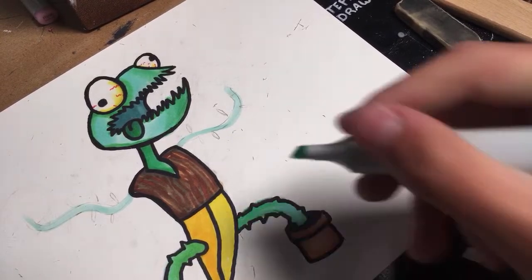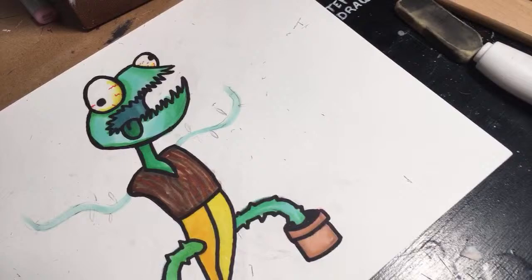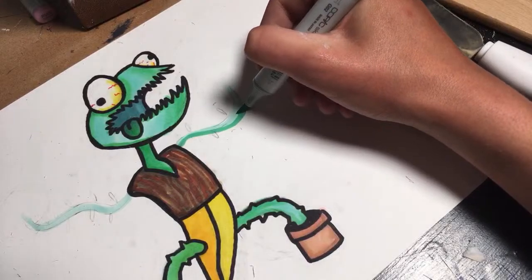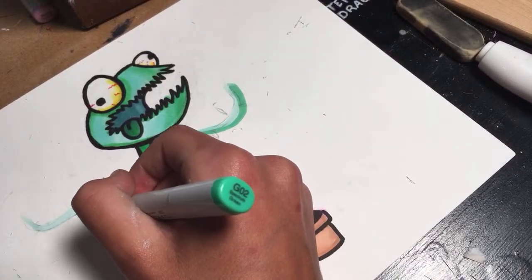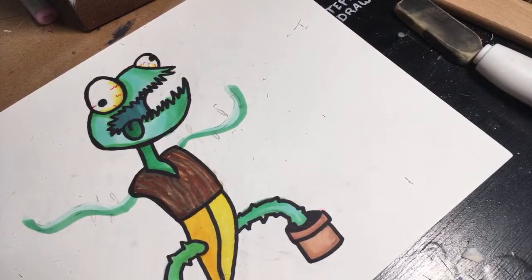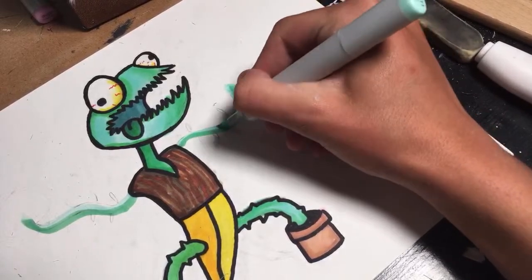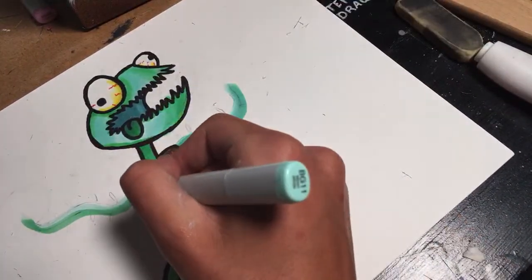I'm gonna fill in this. Ooh, actually, I should probably. Yeah, there we go. Oh, okay. So, almost done on the arms. Just have to blend it and then give him some. Oh, puffballs for the hair next time. That is a really good idea. Could have done like a Bob Ross thing with it. Well, it's too late now. I mean, not necessarily,